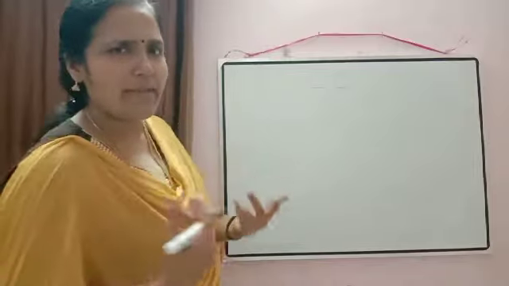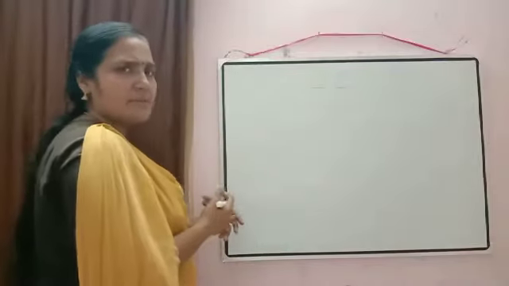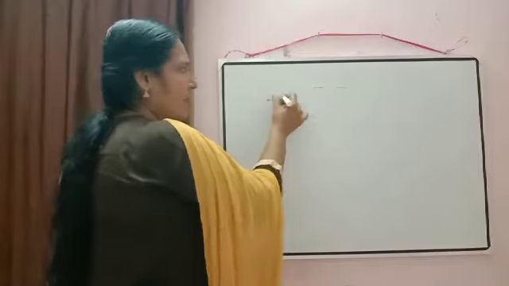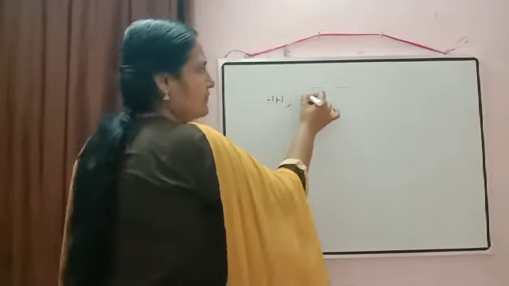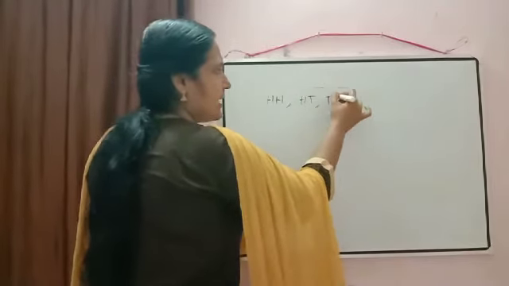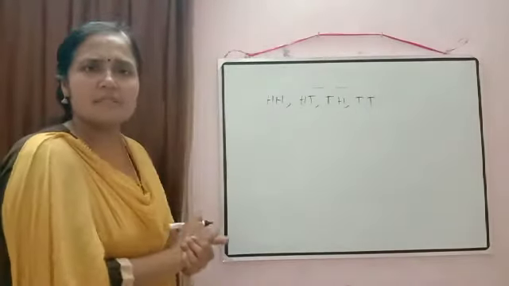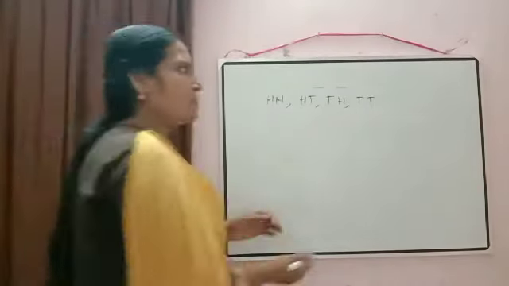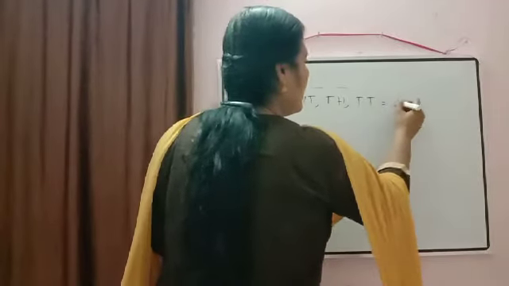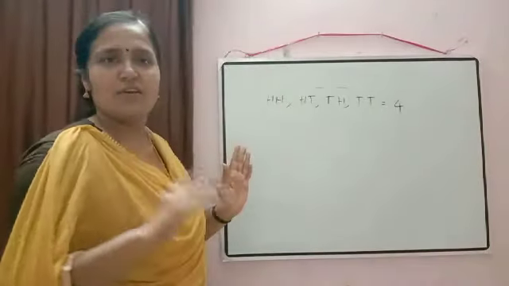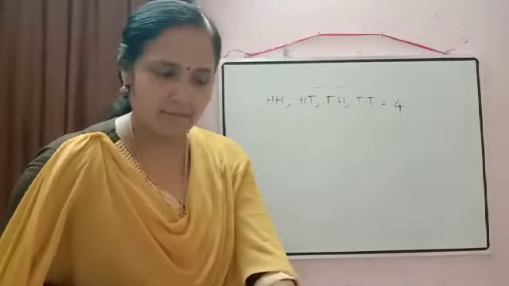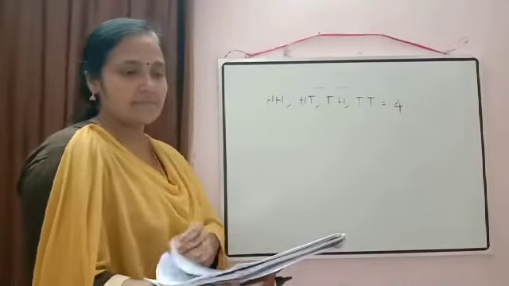So when 2 coins are tossed together, what are the possible outcomes we have? Head on both, or head on first and tail on the second, tail first and head on the second, or both tail. Are any other options available? No. So the total available options are 4. That much only you have to write there. Okay. Then the next question is,